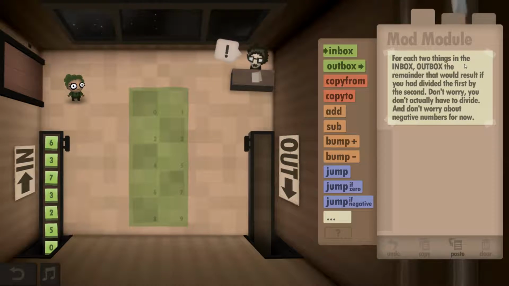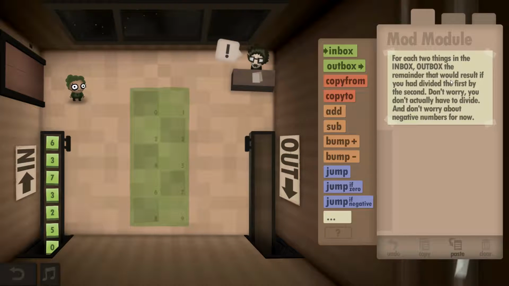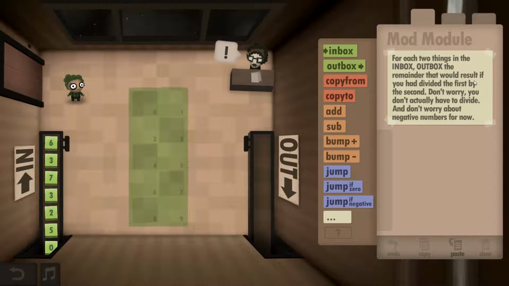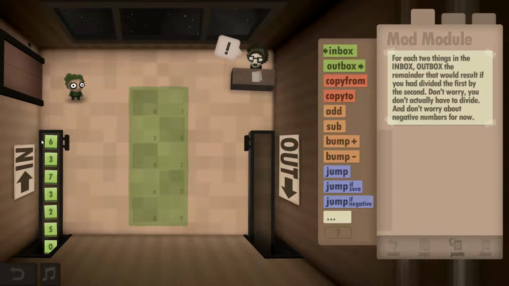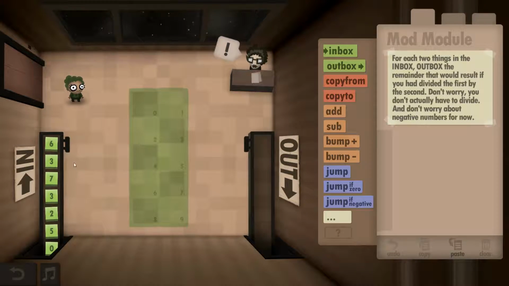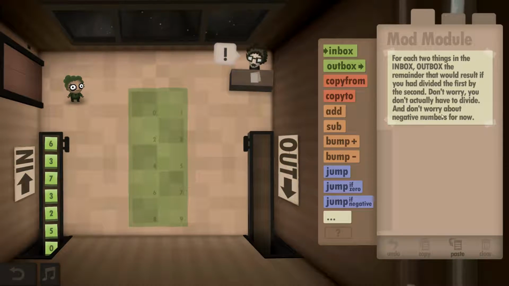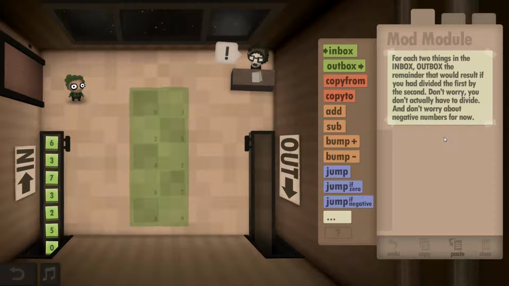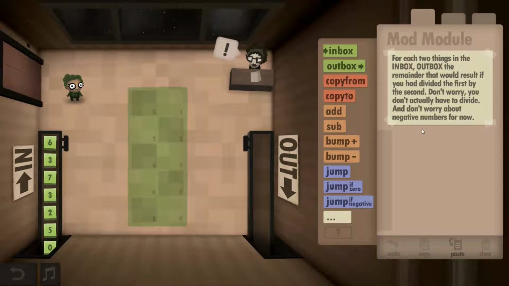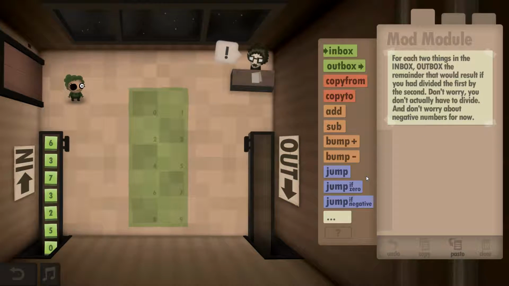For each 2 things in the inbox, outbox the remainder that will result if you had divided the first by the second. So if this is a 6, you divide by 3, there's a 0. Don't worry, you don't actually have to divide. And don't worry about negative numbers for now. Okay, so